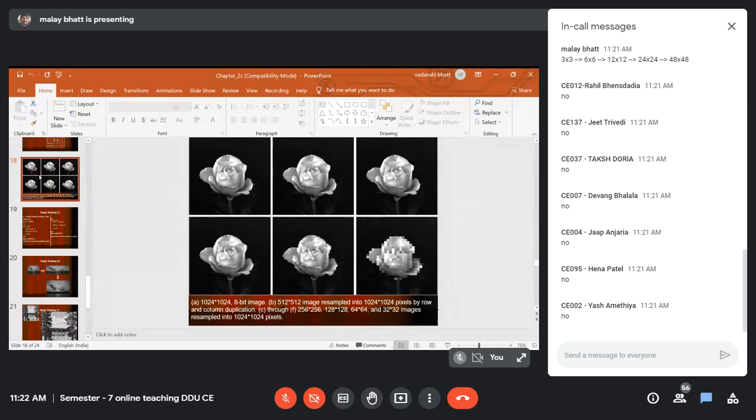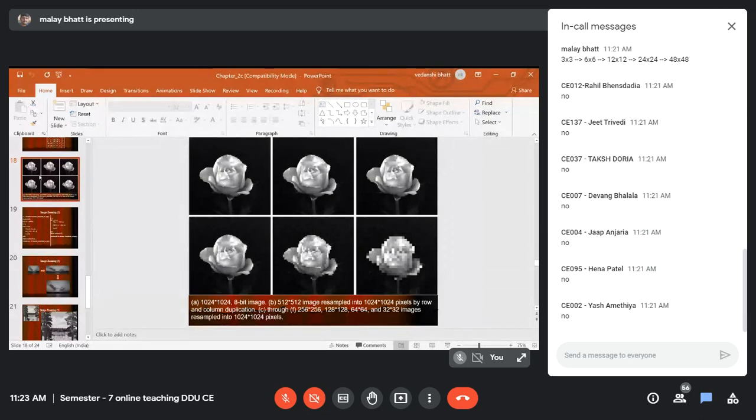The previous one is a 64 cross 64 image, the second row, middle element, or bottom row, middle element. Originally it is a 64 cross 64 image, which is converted into 1024 cross 1024. Still you cannot see clear detail.